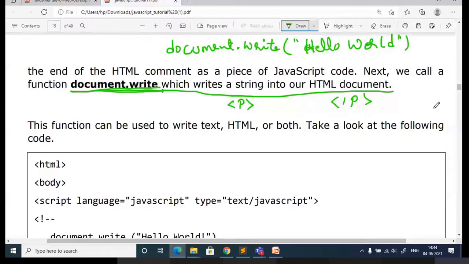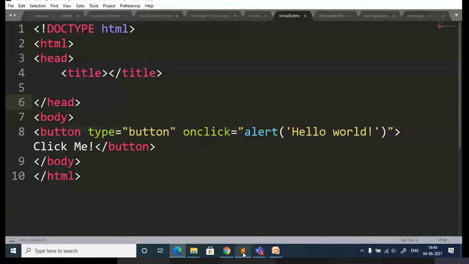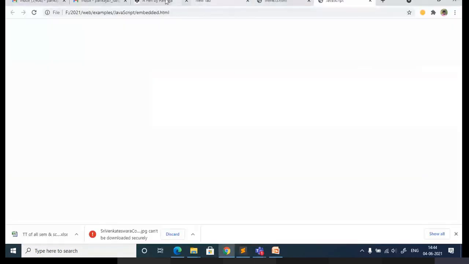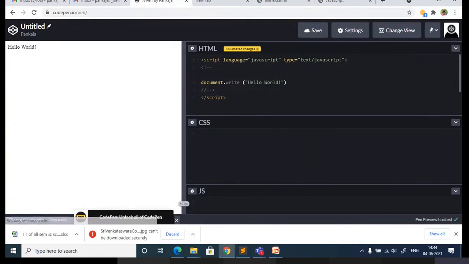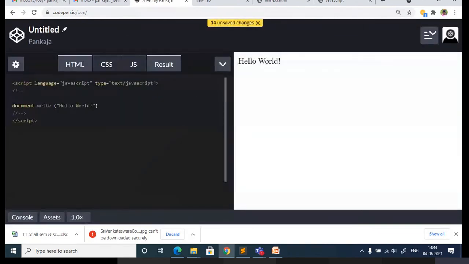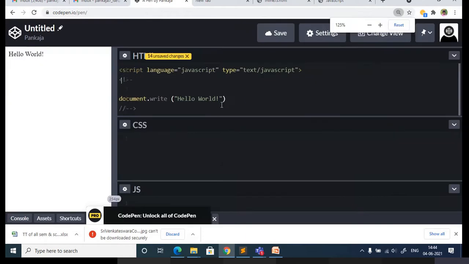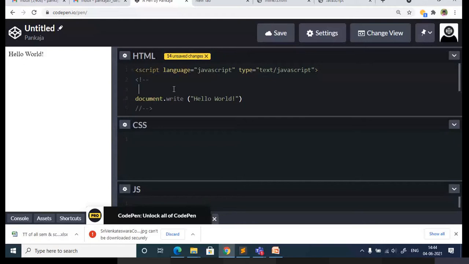I will quickly show the output with respect to document.write. Let me go to CodePen. Is the code visible? Yes, ma'am.